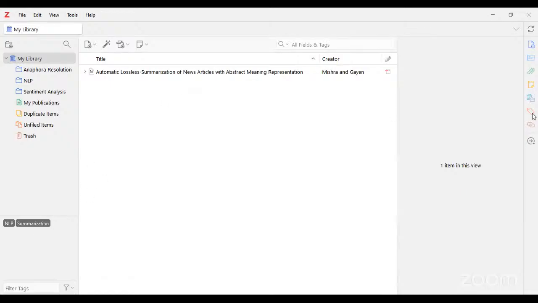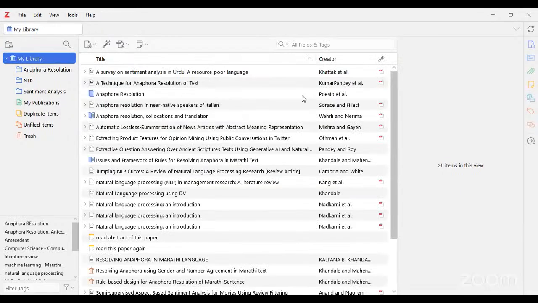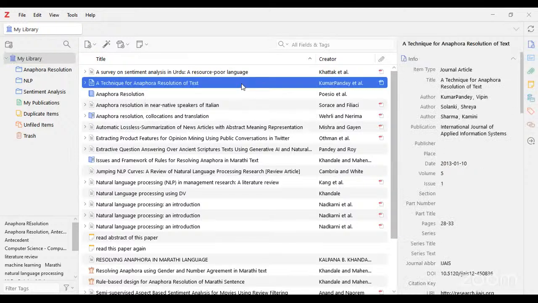So this tag is very useful if you search for any particular paper from the library. This is a very simple tool for managing the references. Okay, now suppose you have to open one file.